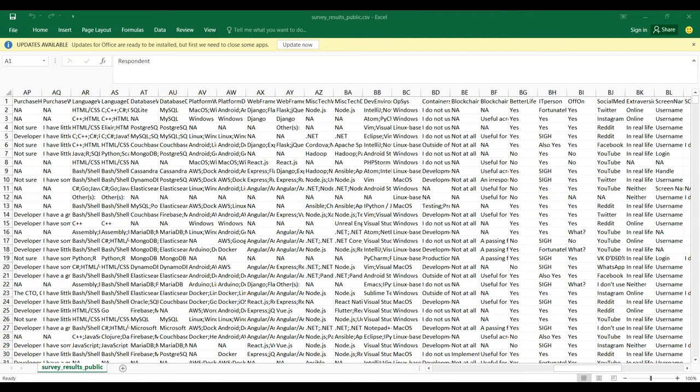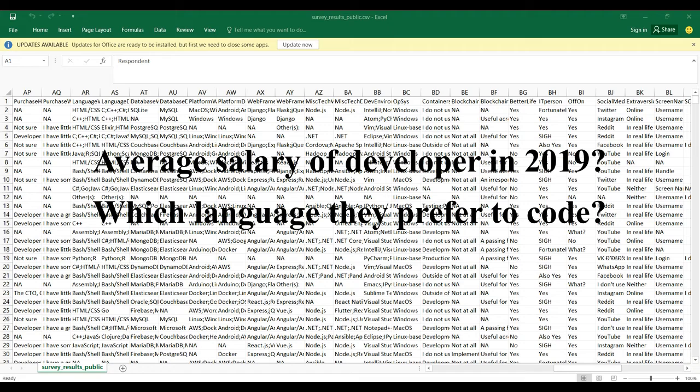Let's look into a real life example of why we need to use pandas. Here I have downloaded the Stack Overflow survey data of 2019 and opened it in Excel format. But if I want to analyze this data in Excel, it becomes too difficult, because if data goes beyond some limit, it becomes very difficult to analyze in Excel.